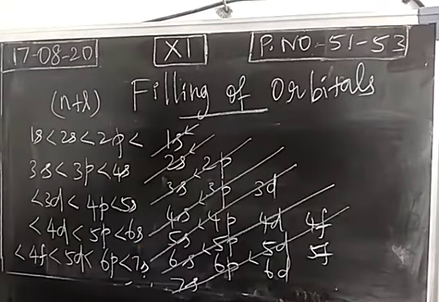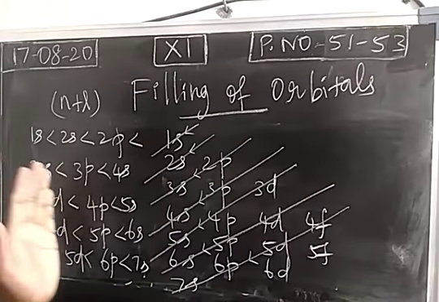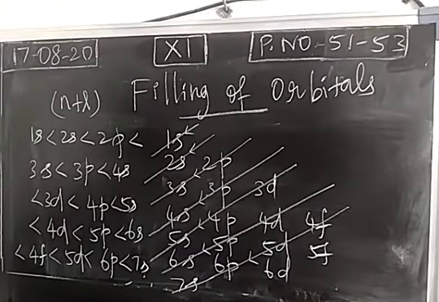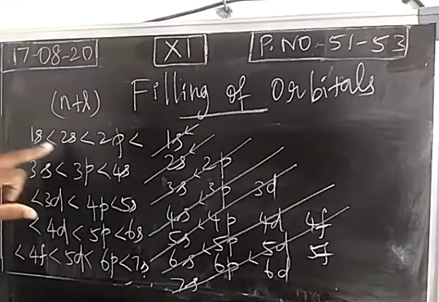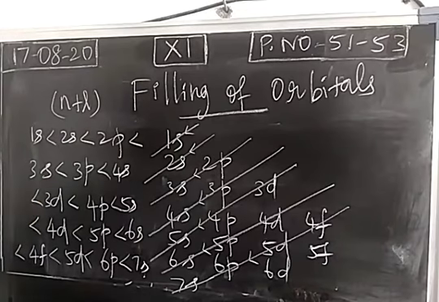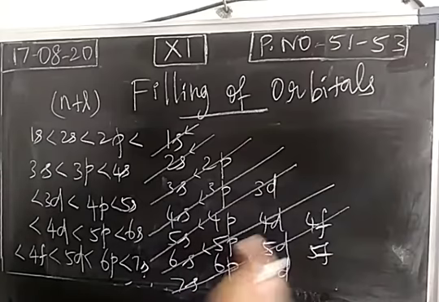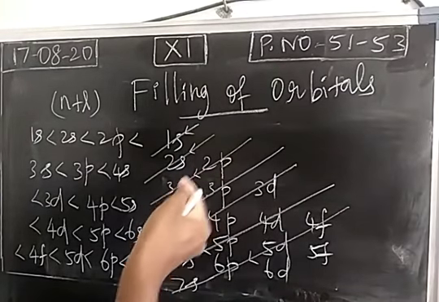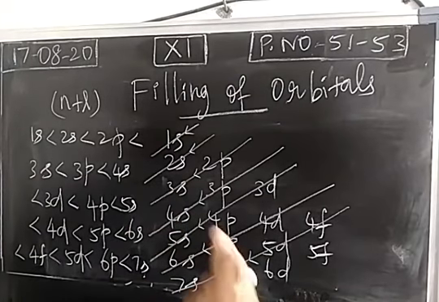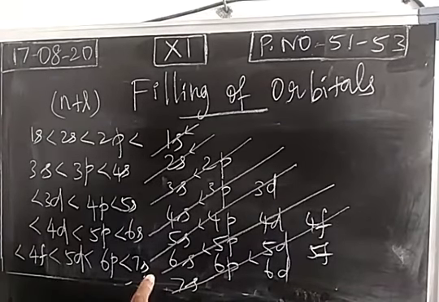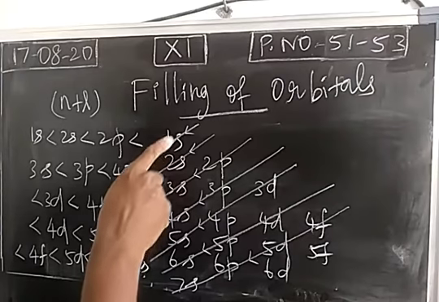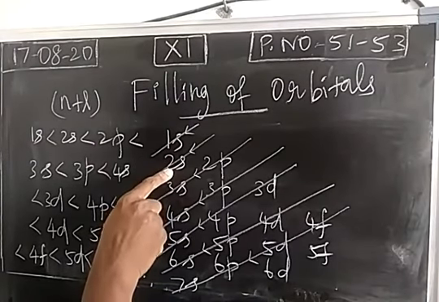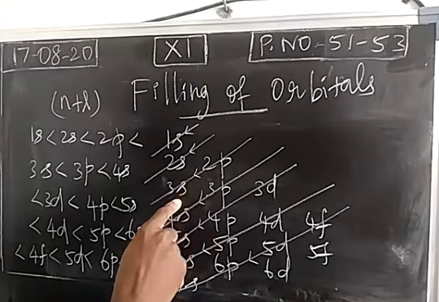Using this simple diagram, we can arrange the orbitals in the increasing order. 1 plus 0, 1s, 2 plus 0, 2s. Like that we calculated. So the order is in this way. First 1s, then 2s. Next one 2p. Don't consider 3s. So how will you write the order of energy of orbital? Using the diagram, first write 1s orbital, then 2s orbital. After 2s you have to consider 2p, not 3s.